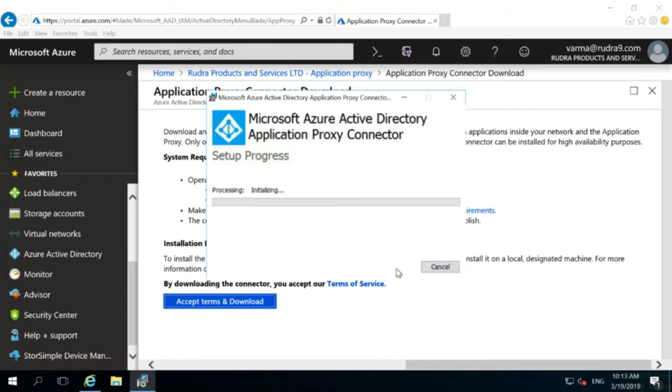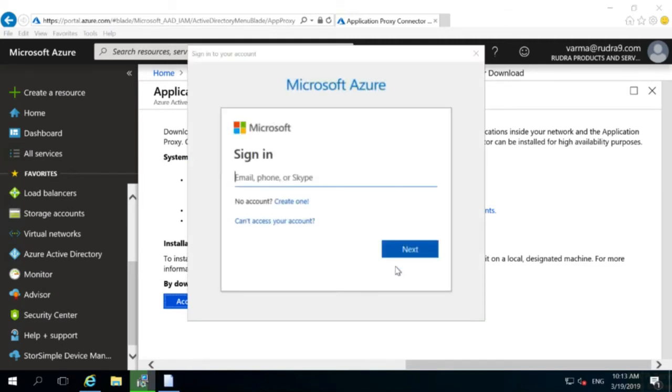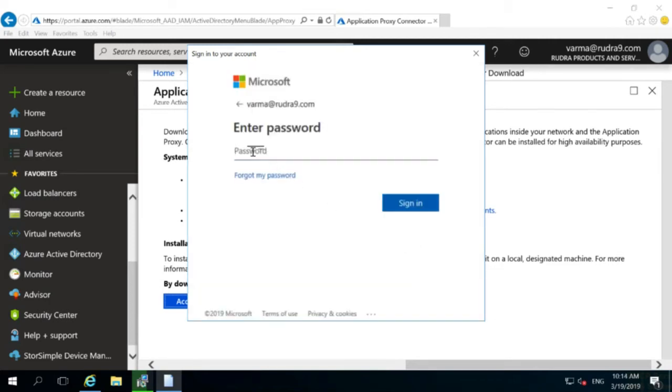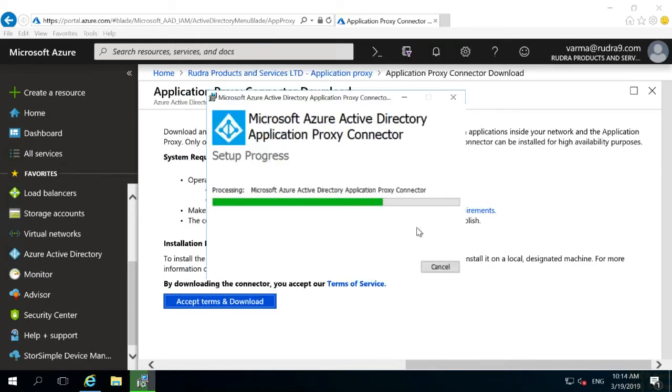Okay, let's install this. I need to provide my username and password. Click on verify.